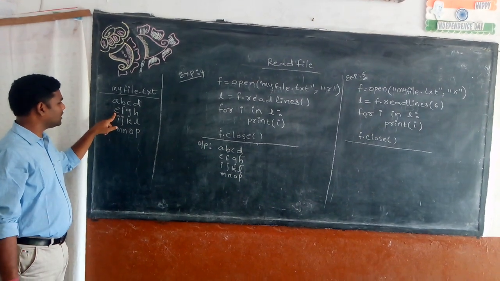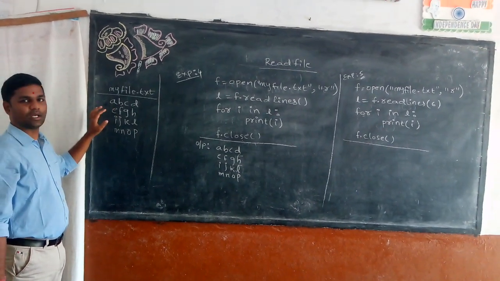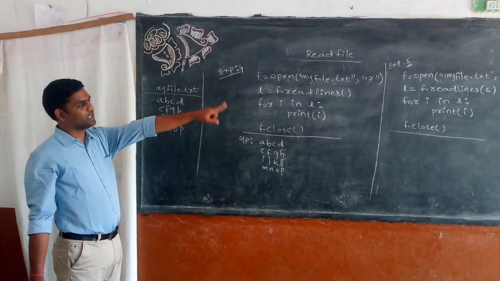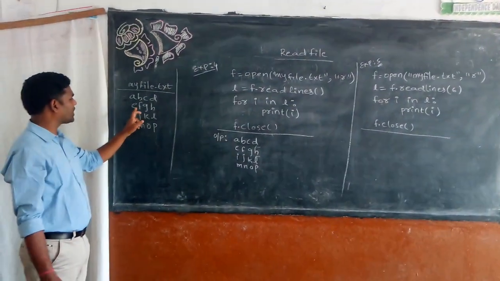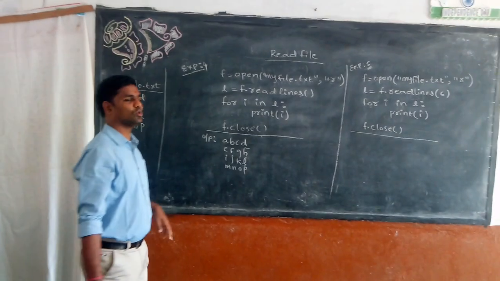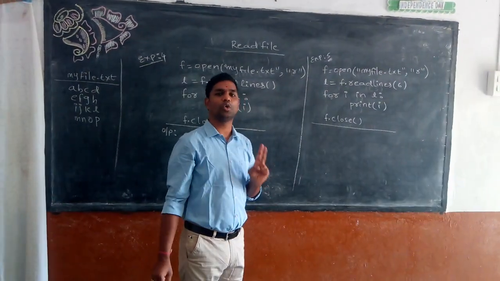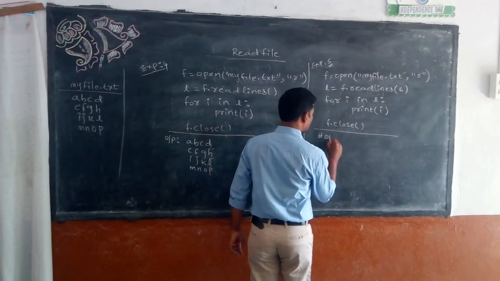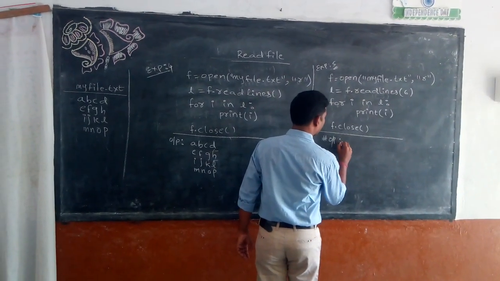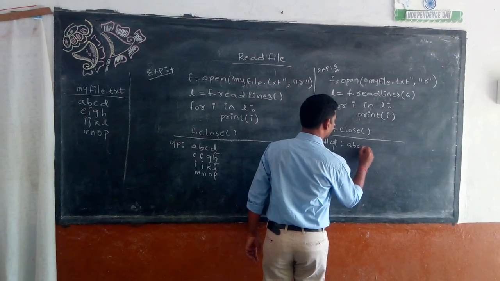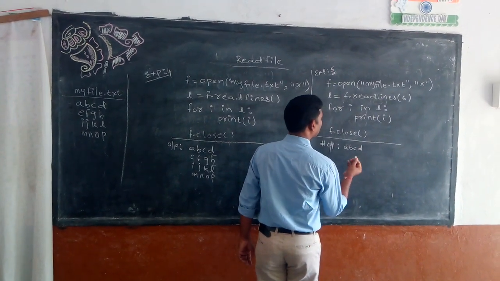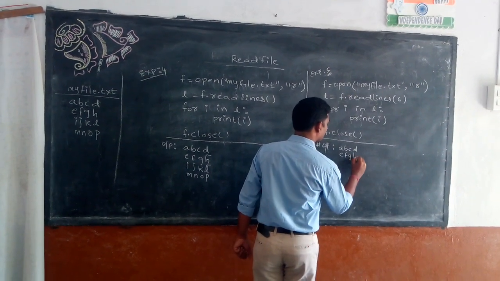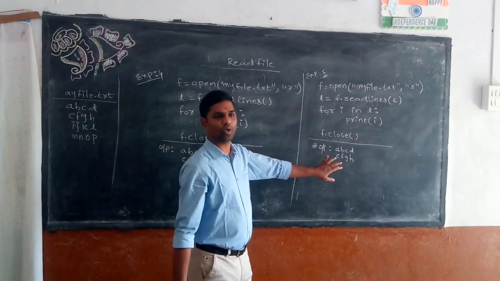And the 6th byte is the E. That means the second line has started. So 6 bytes in the sense it should read till E. But here I am using the function called readlines. That means it will read E, F, G, H also. That means it is going to read 2 lines of data. Now I will get output as, first 4 bytes A, B, C, D, the 5th byte is a new line, and the 6th byte E. E contains the entire line E, F, G, H. So this will be the output of our code.